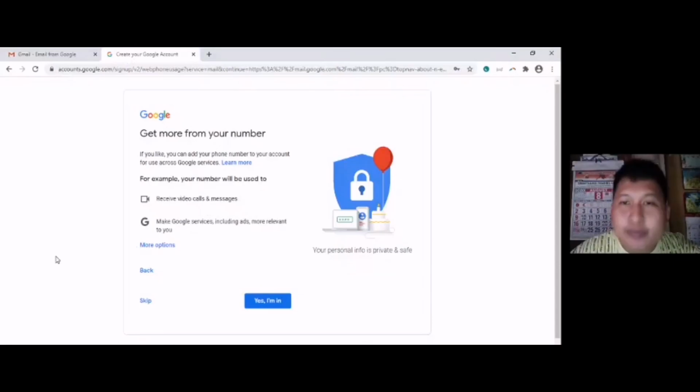So Google is presenting to you these things. Get more from your number. If you like, you can add your phone number to your account for use across Google services. For example, your number will be used to receive video calls and messages and make Google services, including ads, more relevant to you. So I'm going to press yes, I'm in.